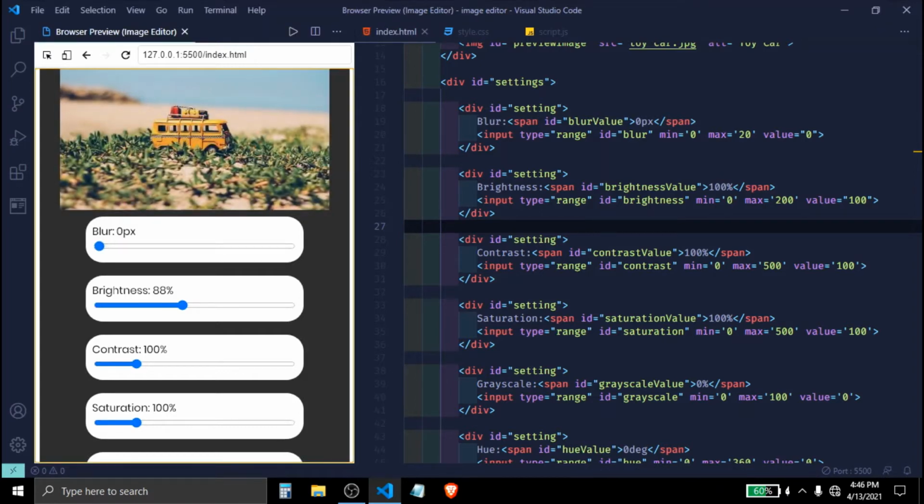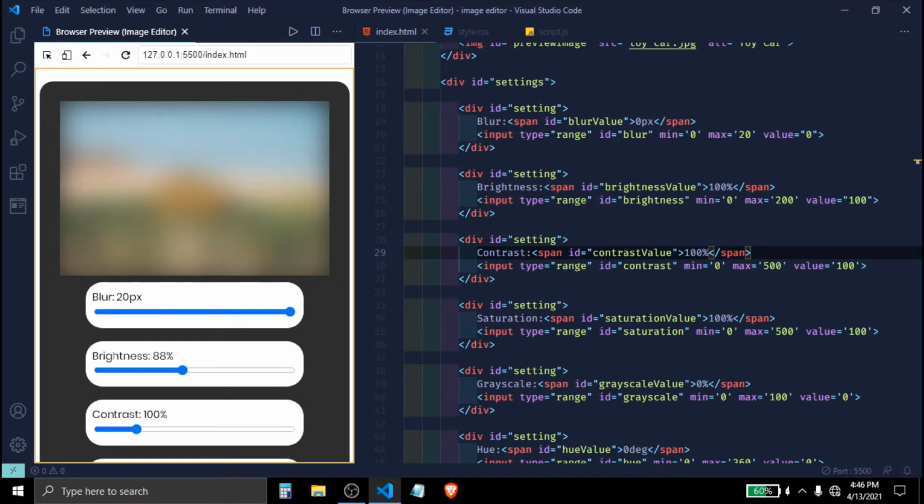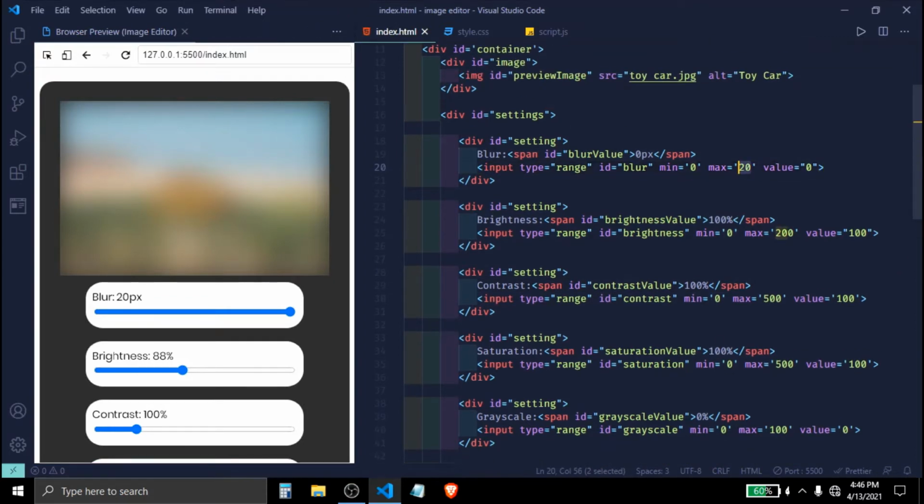In this case you can see it is 0 pixels, because I have defined that the minimum should be 0. And if I take it all the way here, you can see that the value is 20 pixels, because I have defined inside this max that the maximum should be 20. So you can do that.